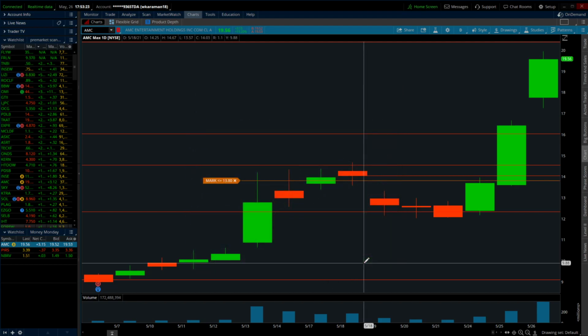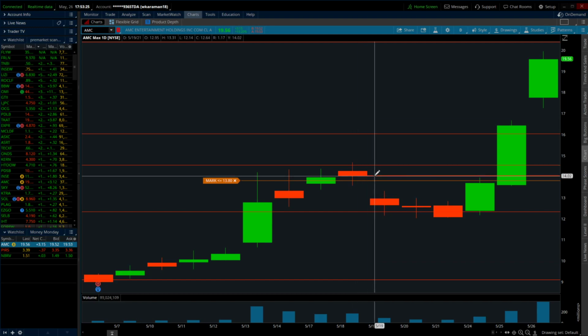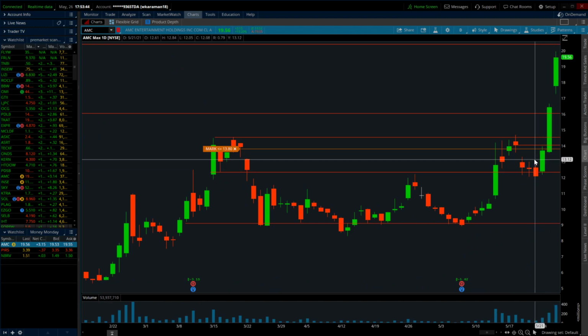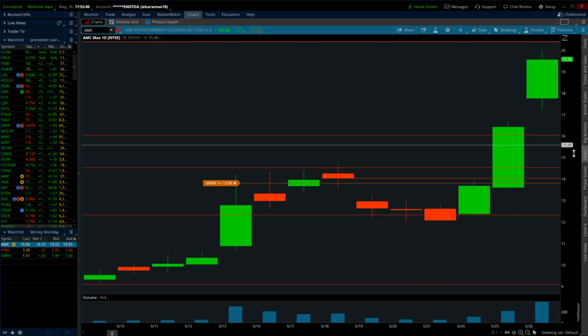Then once that triggers, if that gap waiting to fill turns into a support level, the stock is going to run towards 14.50, and then if it breaks out and turns into support, it's going to push towards $16, $17 a share. So now I'm going to be showing you how to identify the clear entry point. So now that we drew that, let's say the stock gapped down and your price alert just triggered,